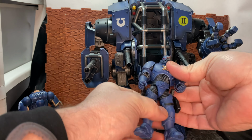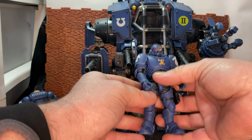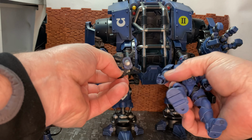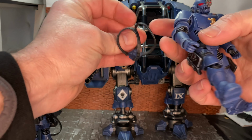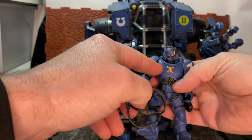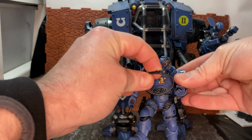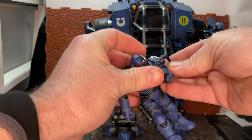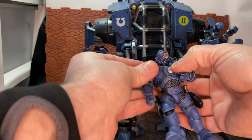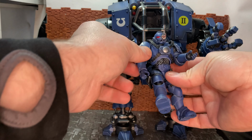So if you're intending just to keep him as a pilot, you can leave the backpack off. He can't sit in the mech with the backpack on. So I just want to make sure I have this the right way around. There is an indent on the inside of this for the skull on the chest plate, which if I just squeeze these arms in, it does fit over quite nicely,